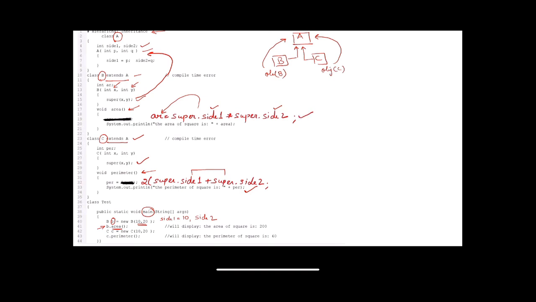Now using the object of my C class, small c, I'm assigning the values of side1 and side2 as 10 and 20 again. So the values of 10 and 20 will be assigned to x and y variables, and these x and y variables will be assigned to side1 and side2 using the super method. So this is what is hierarchical inheritance, where you have the inheritance in the form of some tree. You can also extend this inheritance in further levels.